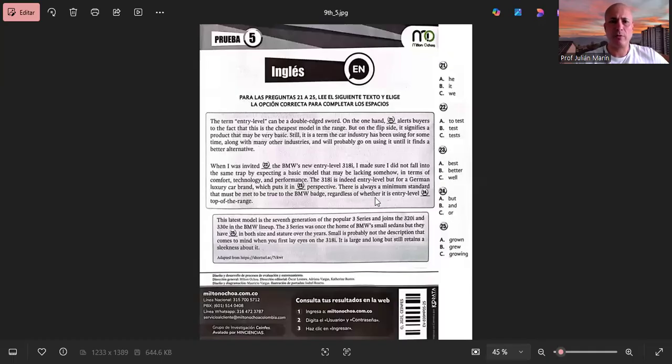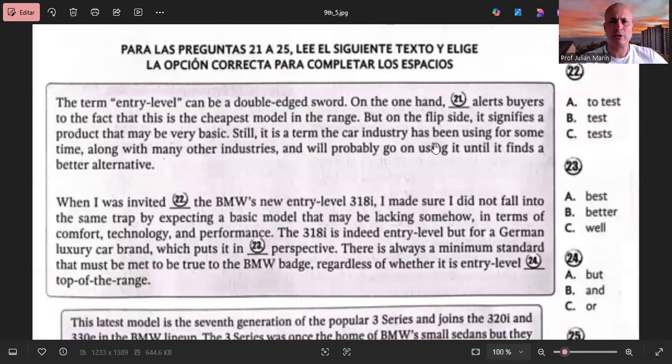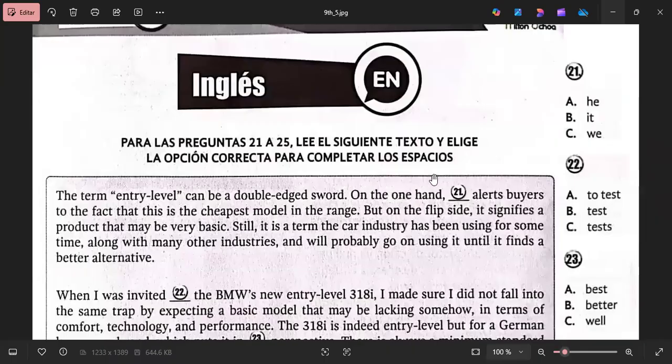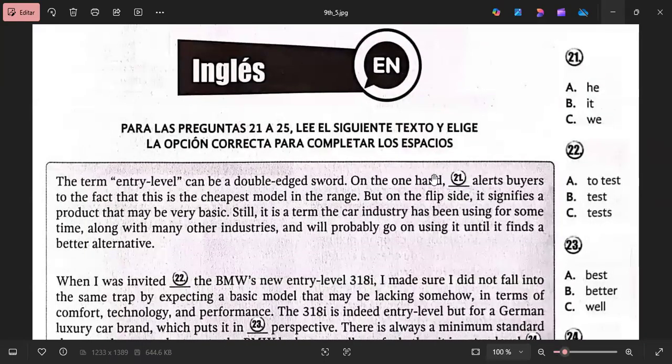So I'm going to start by increasing the size of the image a little bit, because that is another characteristic of the exercise. In a reading comprehension critical reading text, you have the alternative to read the whole document, the whole text, before starting to answer the questions. But in this case, as you read, you are suggested to answer the questions because of the nature of the exercise. So let's start over here.